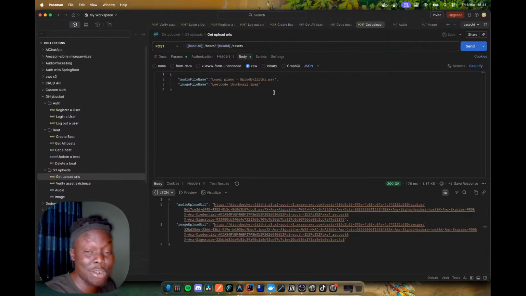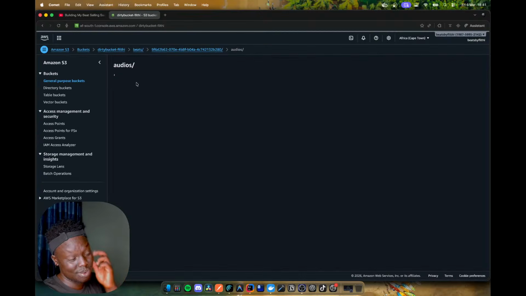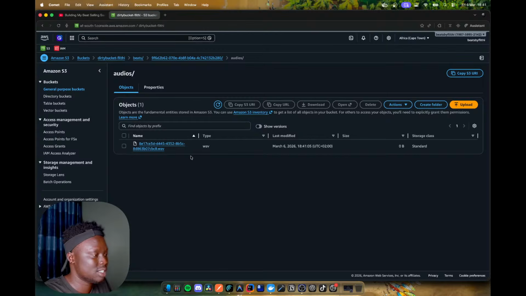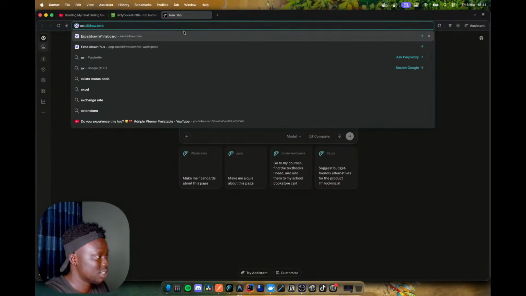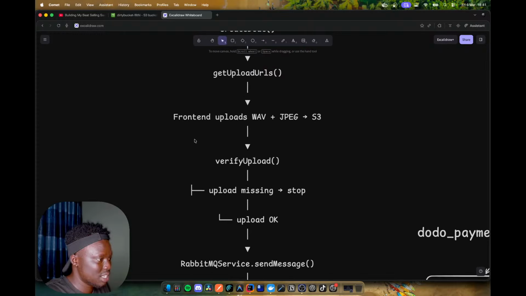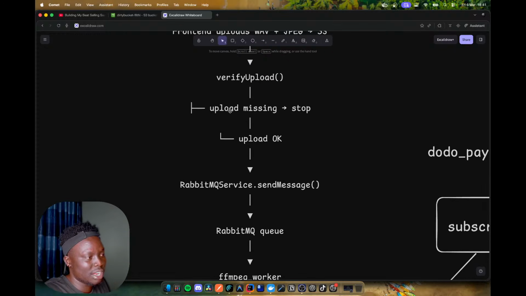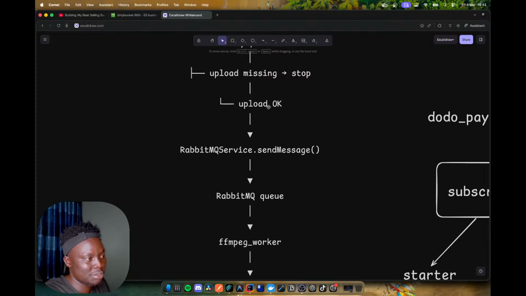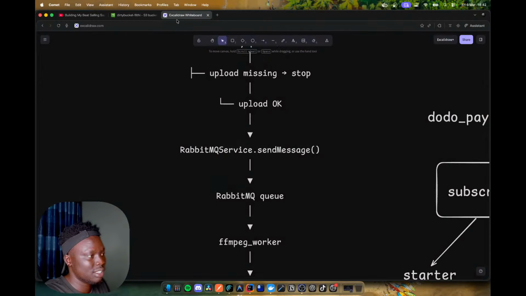So we are good. From here, when everything is already inside an S3 bucket, what next? The next thing we are going to do is follow this kind of flow. Let me show you guys inside Excalidraw. After the producers upload to the S3 bucket, we are going to verify the upload. We already have that endpoint. After that, we check if the upload is missing, stop, or else we just continue. If the upload is okay, and we already have things in our S3 bucket, then we continue